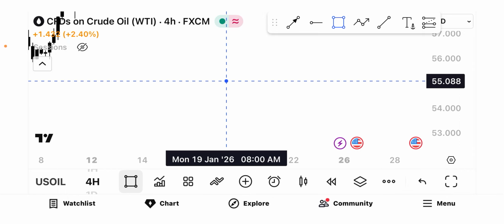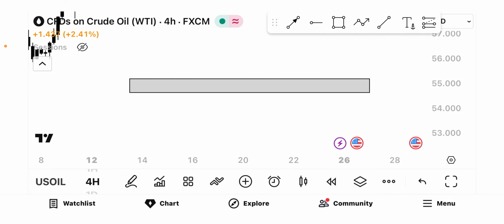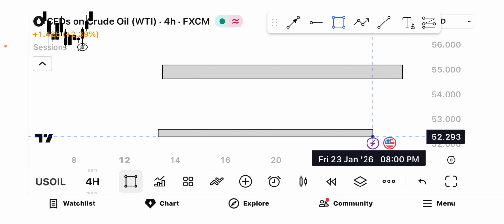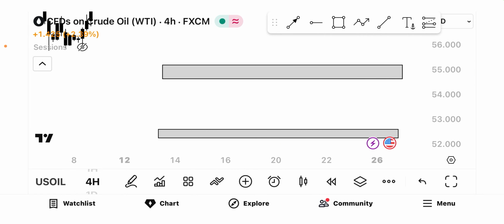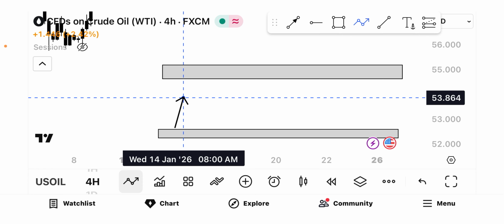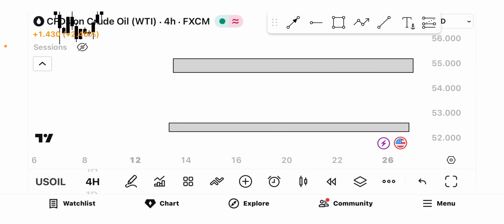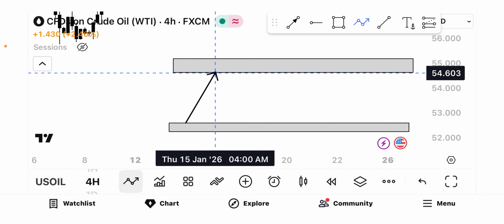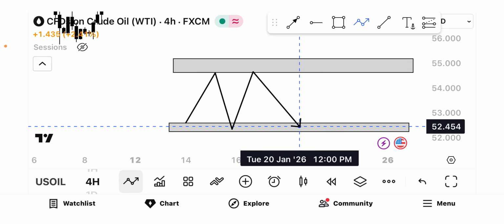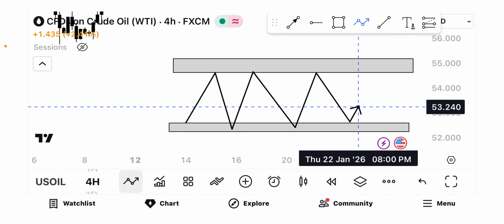Guys, take a look at this gray box. This is your resistance, and this right here is your support. Now when you have price within this box, you're expected not to react. You're expected not to think of placing a trade whatsoever. When price moves up in this box, comes down to the resistance and then heads back to the support, you are not to react to the chart. You are not to do anything until you see price break